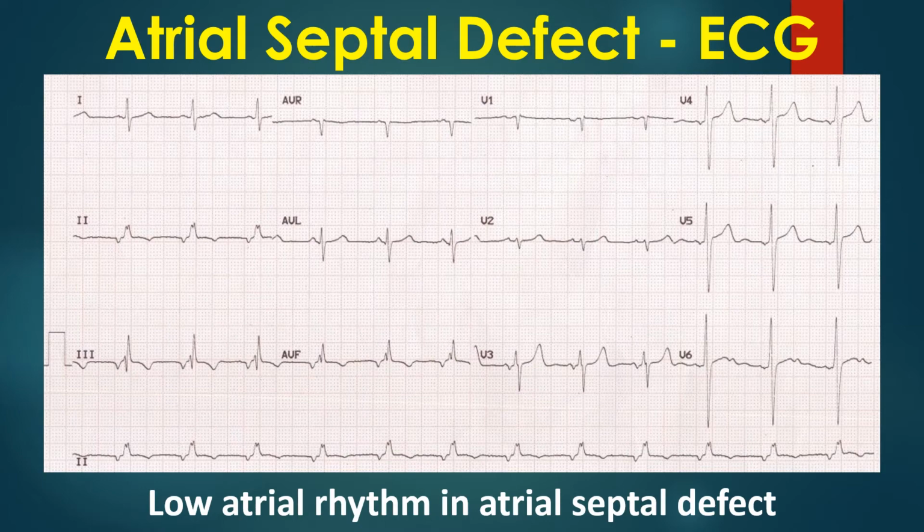In low junctional rhythm, the P wave occurs after the QRS in the ST segment and is inverted in inferior leads. In left atrial rhythm originating from the lower part, the P waves are inverted in inferior leads as well as lateral leads. There is notching of the QRS complex in the inferior leads which suggests the crochetage sign in ASD. Low atrial rhythm can occur with sinus venosus ASD as the sinus node may be defective so that alternate focus arising in the low atrium gives the dominant rhythm. The PR interval is also shorter in low atrial rhythm.